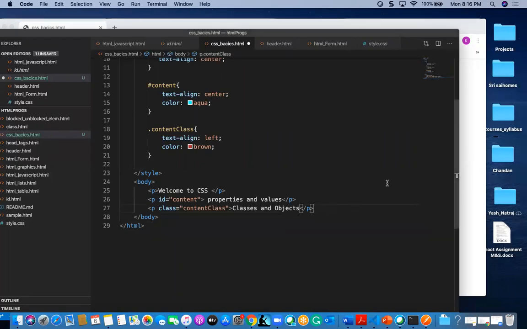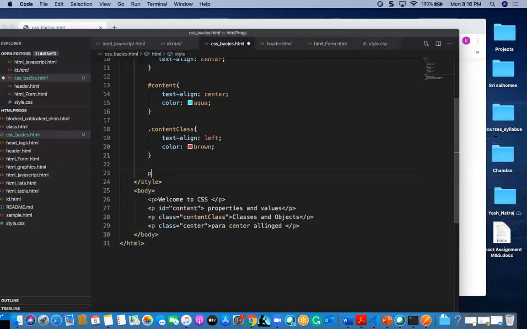Suppose I have here one para, and a class, and I have to mention some center here, and this para is center aligned. One more way of selecting a particular para is like this. We have to mention p dot center.